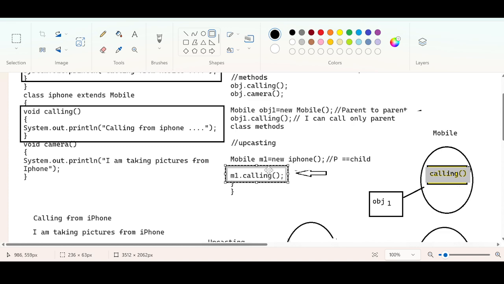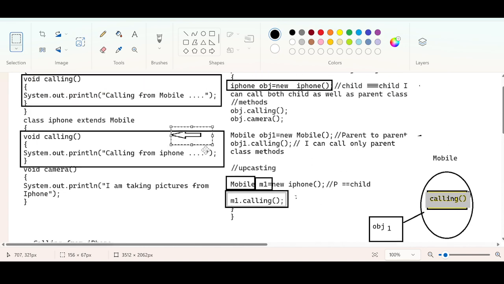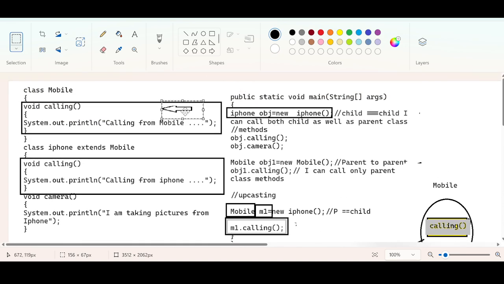This m1 is of what type? Mobile type. Ideally the control has to try to find the calling method inside the mobile class, yes or no?